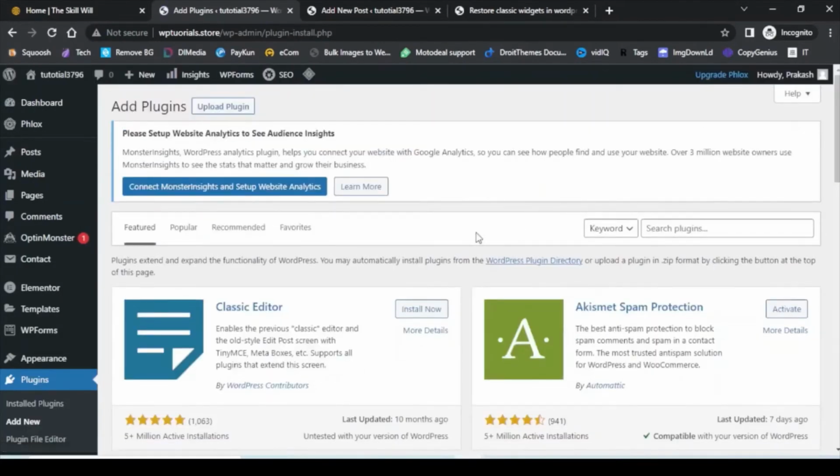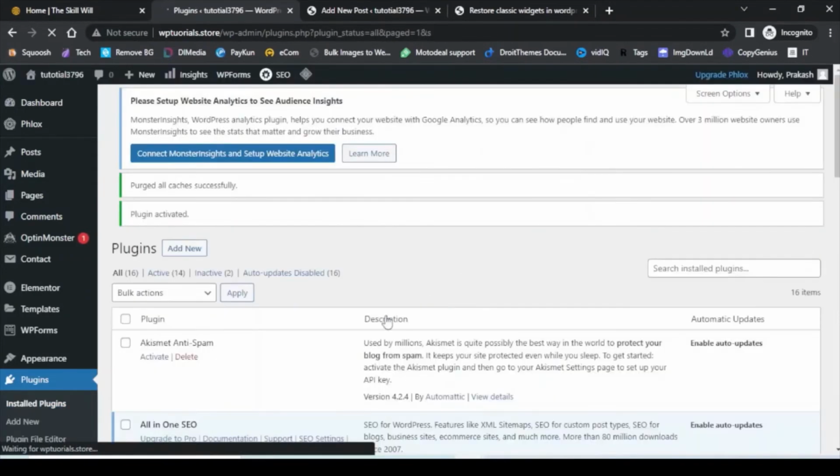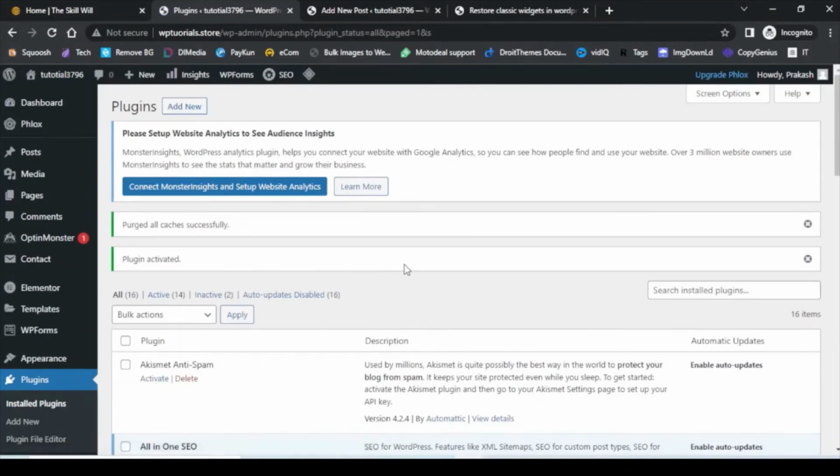And now to create the table of content, you can search for simple TOC, remove the space. And here you'll see the simple TOC, table of content block. So you just need to click on the install now and activate the plugin. Now this will add a functionality with which we can display the table of content on